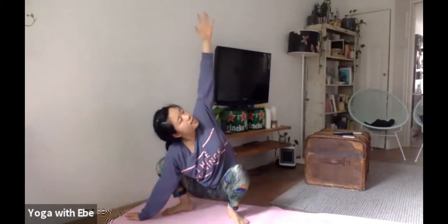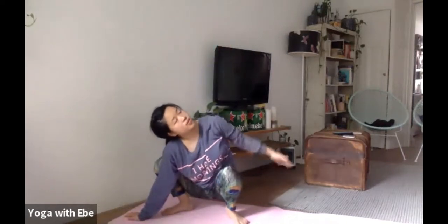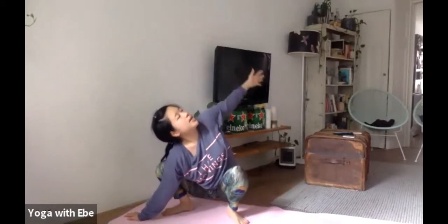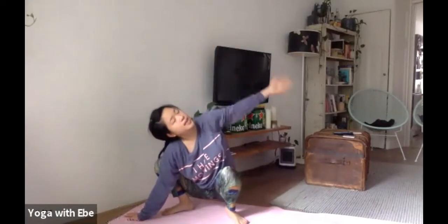When we are here, we are going to have right hand onto the mat. Left hand stretches up, open up to the sky. Arms rotation here. Inhale and exhale, draw circles with the left arm. Really open up the shoulder, the armpit, and also the right top chest. Deep inhale. And exhale, going on to the